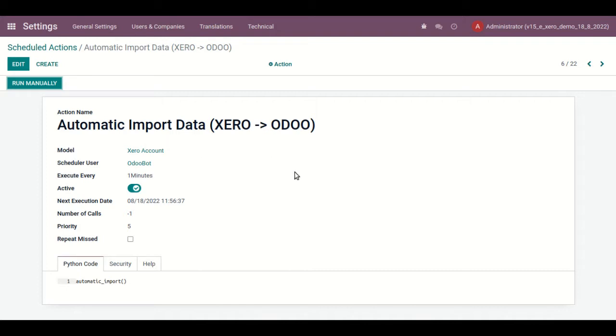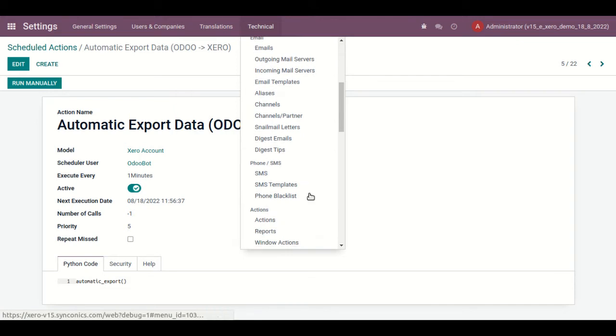to the Odoo side, and for demo purposes I have set this time duration as 1 minute. And this is the export scheduler, and I have also set the duration to 1 minute. You will be able to see that in these technical settings, by going to the scheduled actions,